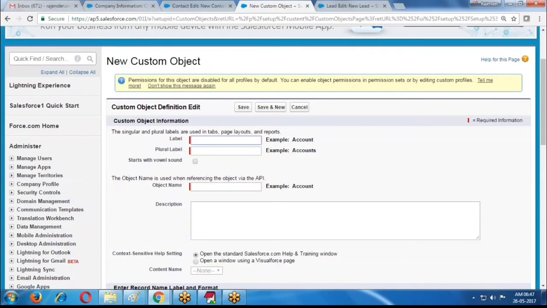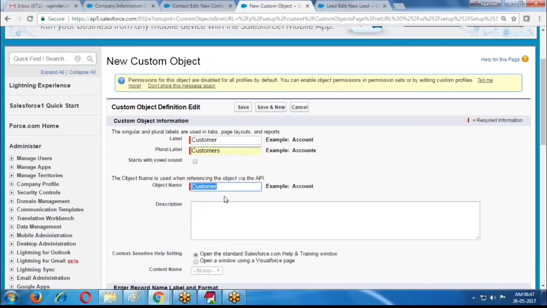The label is required. What label do we require? The label is customer. Now plural label: customers. Automatically, whatever label we provide, the object name also picks up the same name.